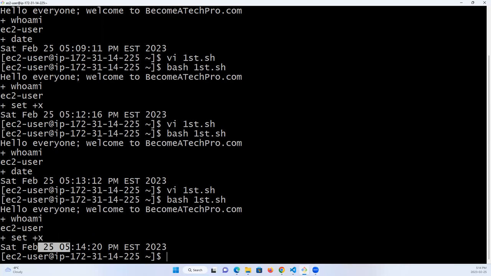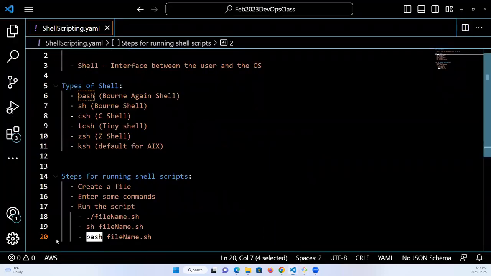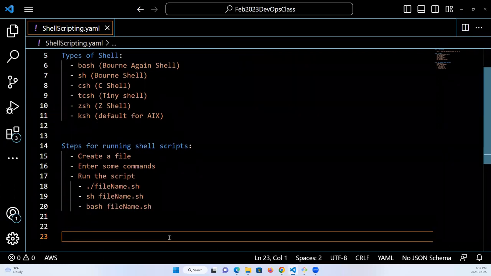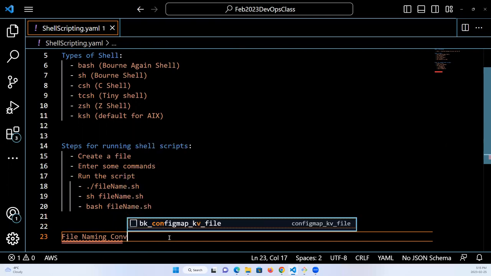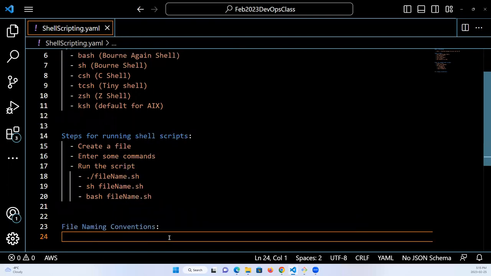Now, let's take a look at something also very interesting: file naming conventions. If you look at this, we've named our file first.sh. So, some file naming conventions. You can have a file name with a maximum of 255 characters, which could be made up of alphabets,